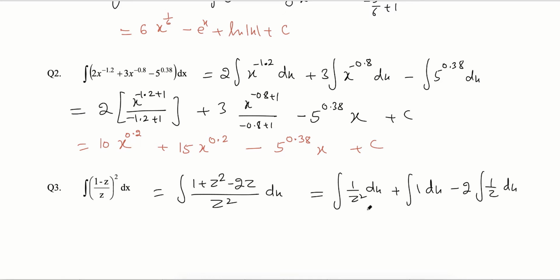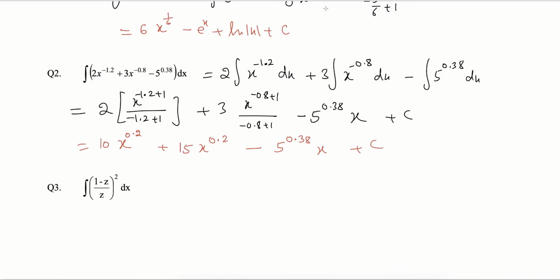And after that, for 1 by z dx, you wrote ln mod z. All these are wrong. Please look at the question carefully. I am asking for the integration of this expression with respect to x. This is z. So for x, z will be treated as a constant because you are doing integration with respect to x. So it has to be considered a constant. This will come out. Nothing is left in this question.